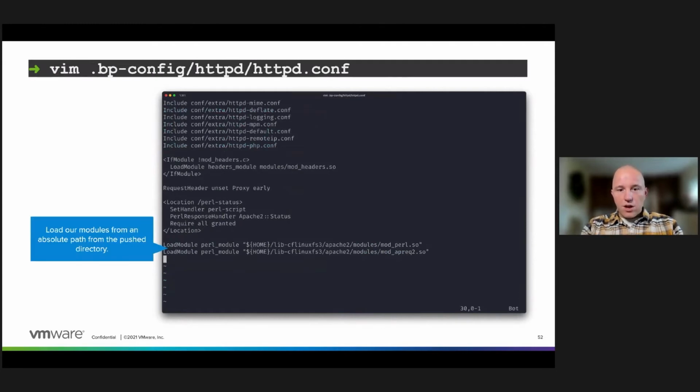Let's go ahead and configure our web server's configuration now. Instead of configuring and loading these modules in a relative way, I'm going to be really explicit. I'm going to load them from the directory that I know I'm pushing up with the buildpack. And so this HOME environment variable on Cloud Foundry, it refers to /home/vcap/app, which is the location that this application's bits all show up as. So great. I'm really hoping that if we make this change and we push this lib/cflinuxfs3 up with the rest of our app,